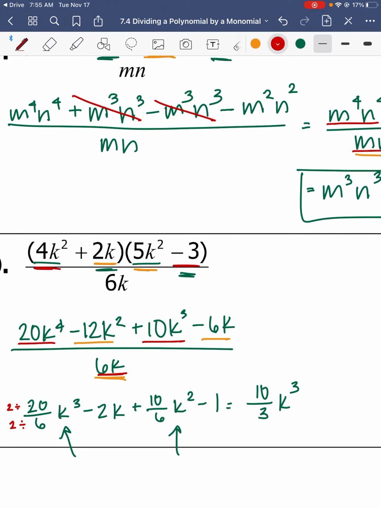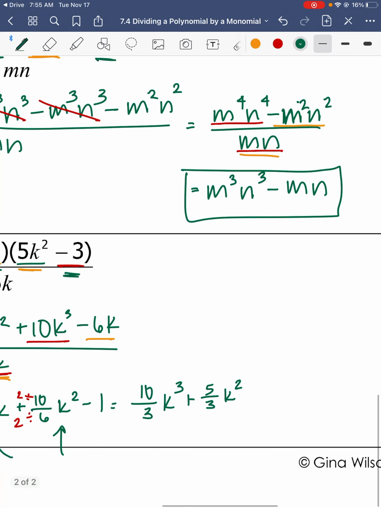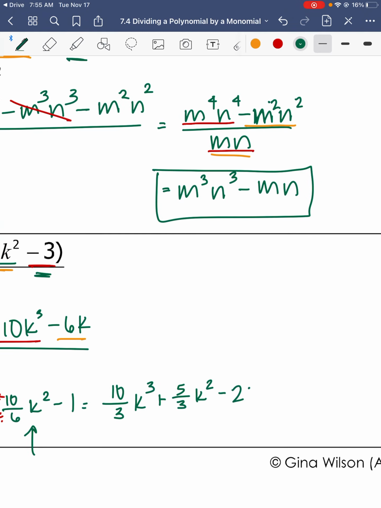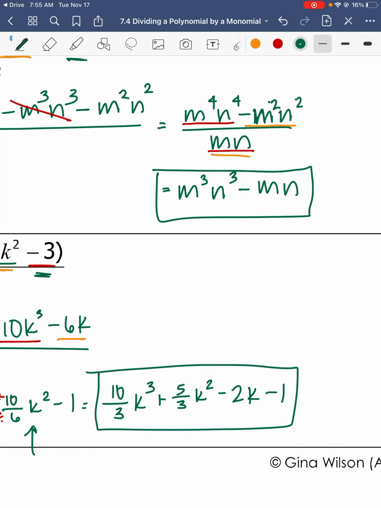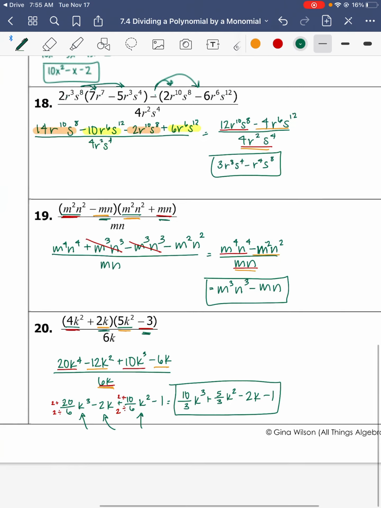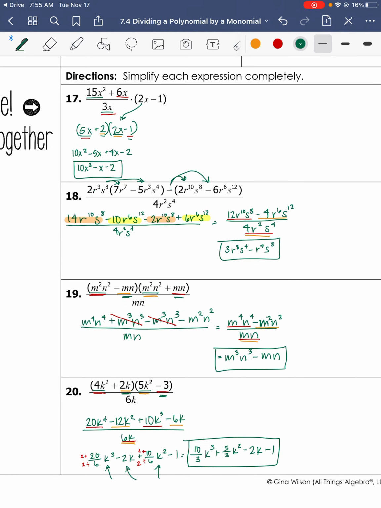Okay, so we took care of the k^3. Now we want to do k^2. This is also a fraction, and we're going to divide the top and bottom by 2. So that will give us, it's still positive, 5 over 3 k^2. Okay, so now we just want the k, minus 2k, and then minus 1. So there we had to simplify the fractions and also